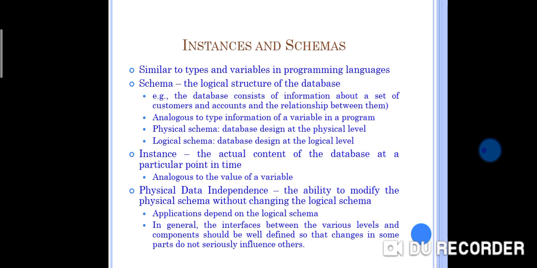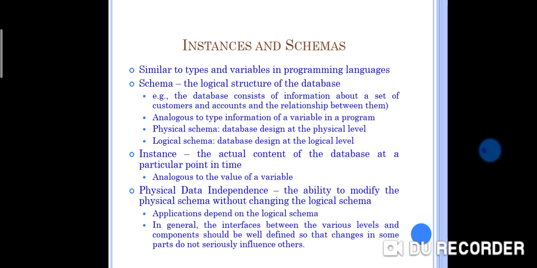For example, we have a single table, students, in a database. Today the table has 100 records. So today the instance of the database has 100 records. We are going to add another 100 records to this table by tomorrow. So the instance of the database tomorrow will have 200 records in the table.